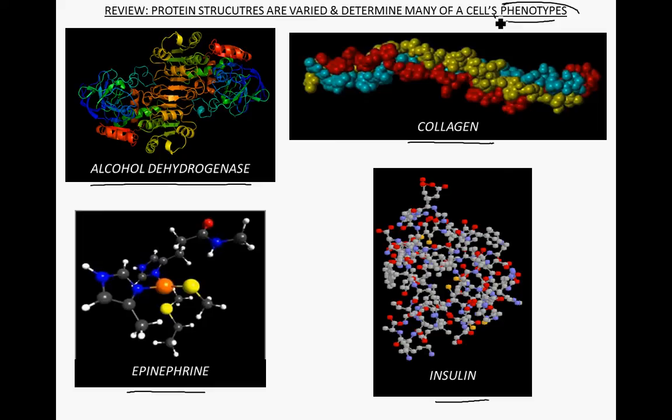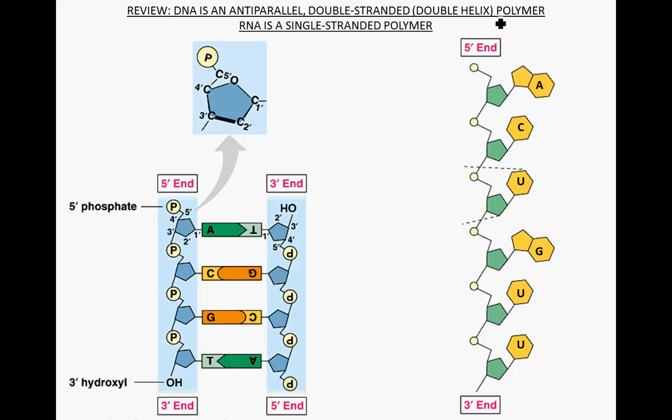So phenotype now is at the protein level. Also reviewing here DNA structure and the RNA structure from previous classes. Again, this DNA is anti-parallel, right? Double-stranded molecule over here. RNA over here, single-stranded polymer